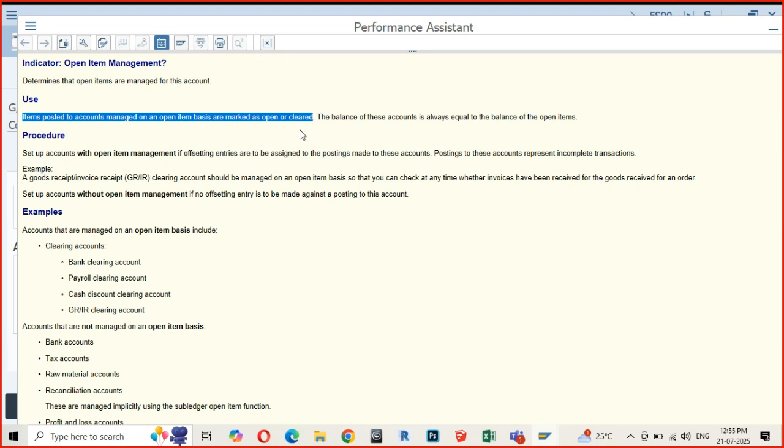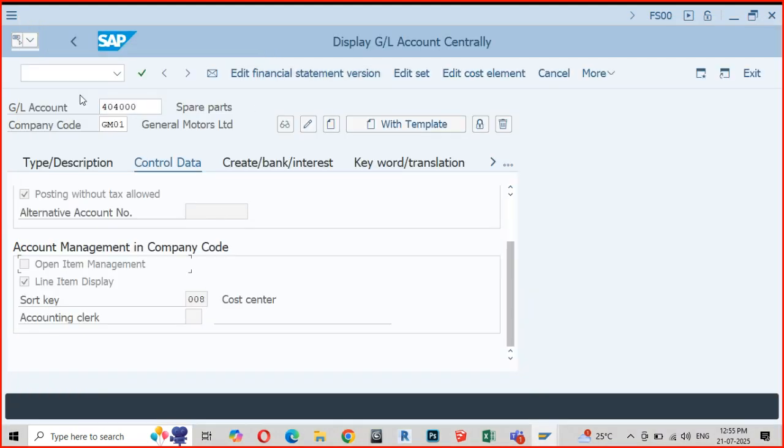And where is that being defined? It is defined in the master record of every general ledger account. This particular characteristic is for every general ledger account which you have defined or constructed in your operational chart of accounts. New learning, right?